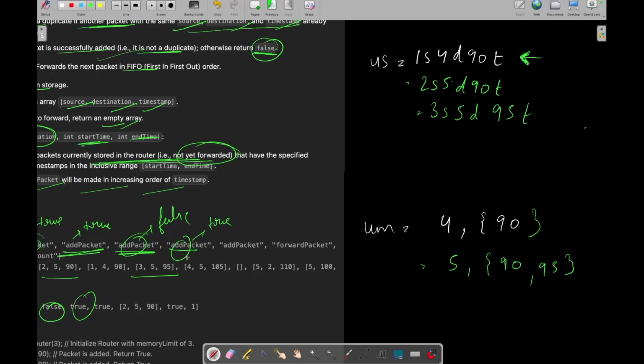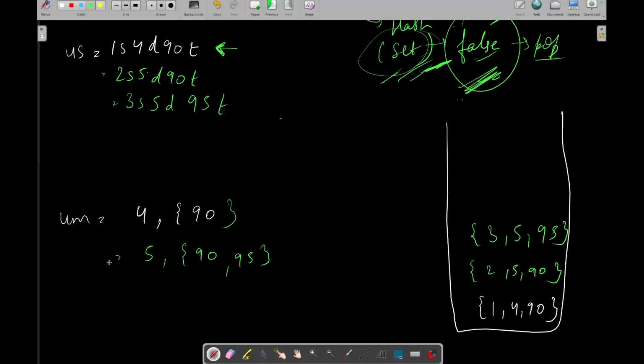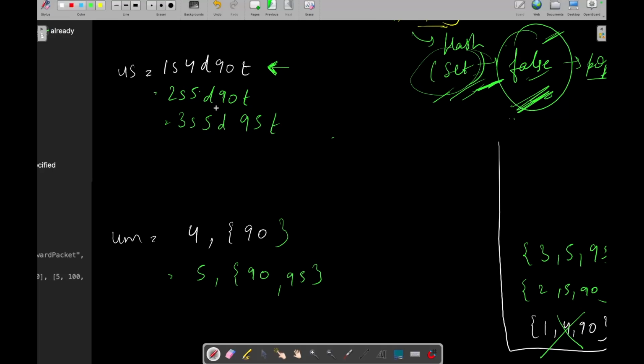You can see here. Now again add packet, but the size of the queue is already the size of the router, which is 3. So what we need to do, we will need to remove our oldest packet, which was this. So we will pop out this element from the queue, and then we will also need to remove this hash from our unordered set, and we will also need to remove this value from our map.